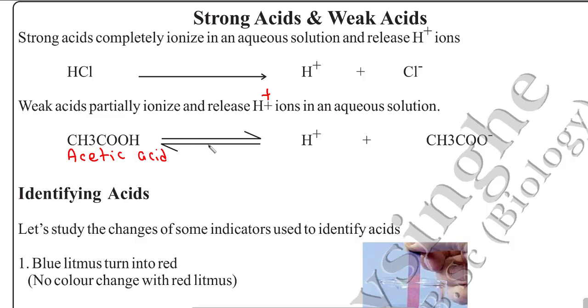Partially means they are separating children to the H plus and HCO3 minus. But what happened there, children? Again they are joining and become the H2CO3. The 3 should come down here. Okay. H2CO3. There that 3 should come down, right? The H2CO3. It should come down again. They are separating, again joining. Right? That is the partially. Right? Because we have to highlight, children, strong acids